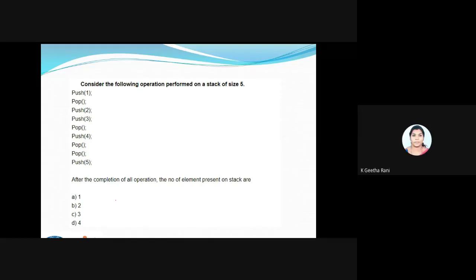They are putting answers in the chat, yes, I saw it. Lokdeep has given me answer A, Brinda 1. Yes, the answer is going to be 1. I'm trying to perform a stack operation with a constraint that my stack size is 5. I have done a push, then a pop. My question is, what will be the number of elements present in this stack after my operations? Obviously the answer is 1. After these operations I'll have only one element, and I think that element will be this 5. Good try, guys, for putting the answers in the chat.